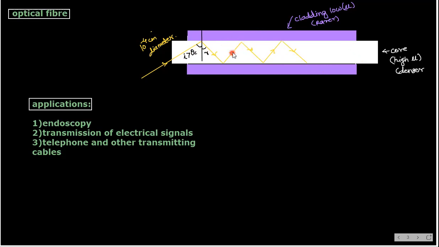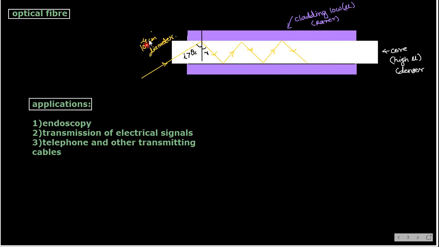So how have they created this, or what is the internal structure of that optical fiber? See here, it has one inside core and outside cladding. Cladding is nothing but a rarer medium, and inside is a denser medium. When a light ray is passing from a denser medium to a rarer medium, as we have already seen, at a particular angle it reflects back. You can see here, I have drawn the normal also. So the ray will go like this after internal reflection. That is how the optical signal transmits faster.